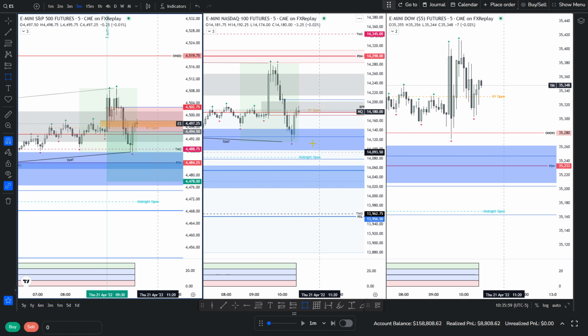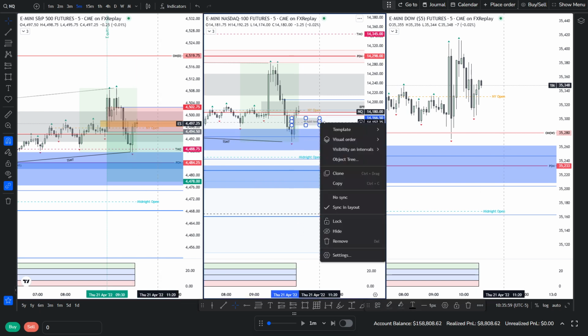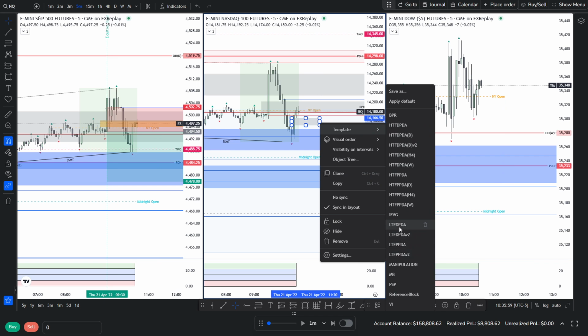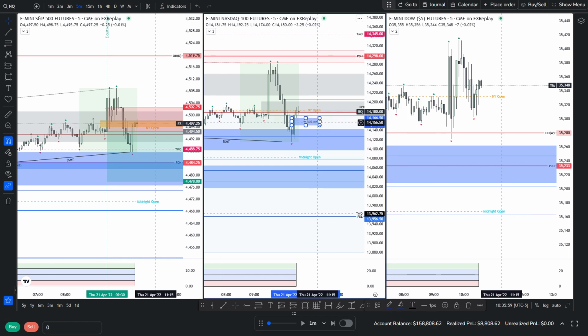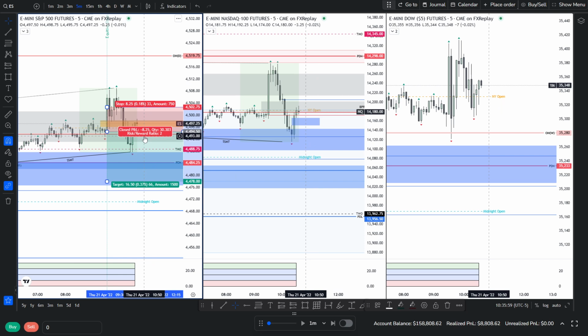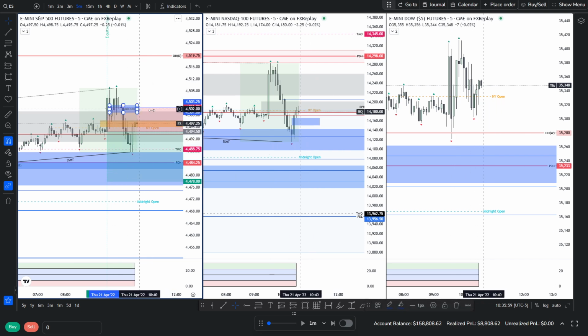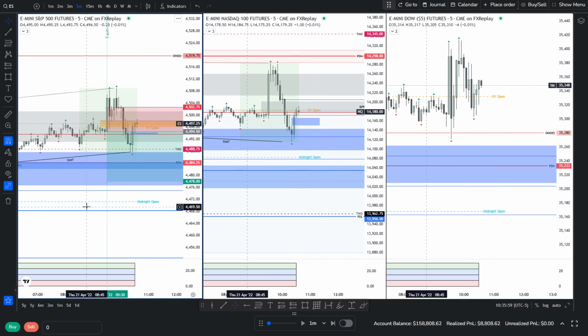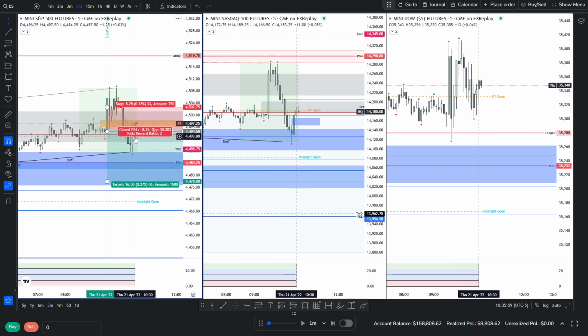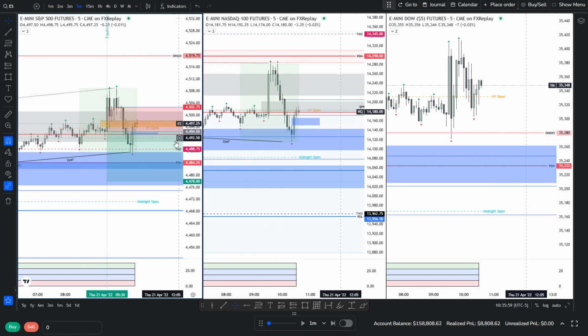So I would argue, yeah. Let's put that on the M5. And we have a relatively small one on, let's just move that there. Okay, and we have the order block, but like I said, we're sort of in between two imbalances, so I don't want to be too keen right now, even though